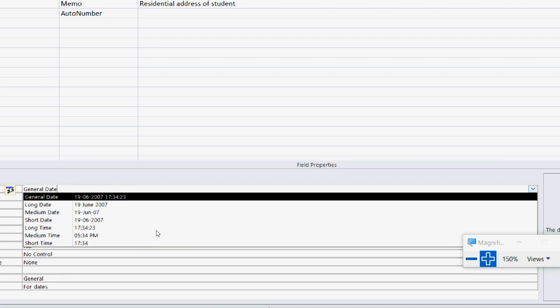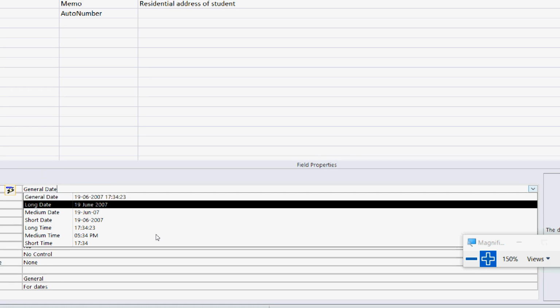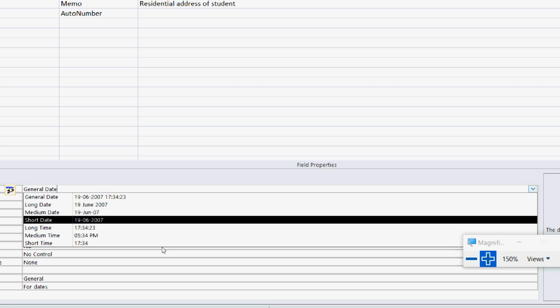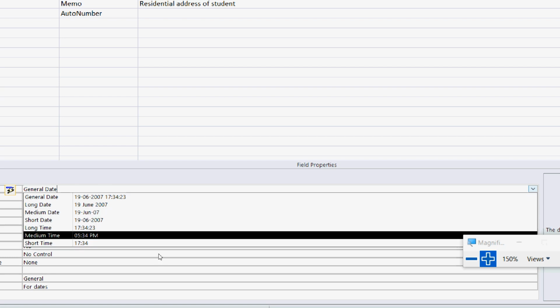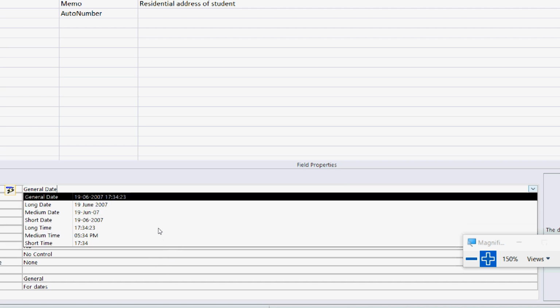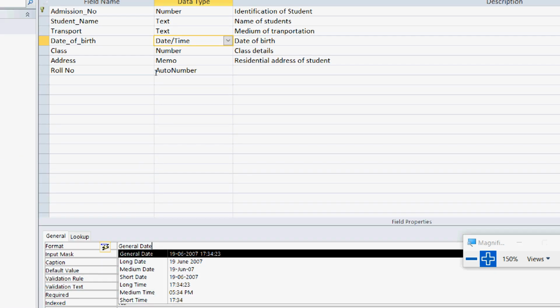If it is using dash symbols, like 2007, whatever value is written, then if you want to write the month with the name of the month, that is 19th June, then the other forms, if you write in abbreviation, then for the time we have hour, minute and second, and then short time, that is only hour and minute. Clear? So these are the different formats for the data type, which here is date and time.